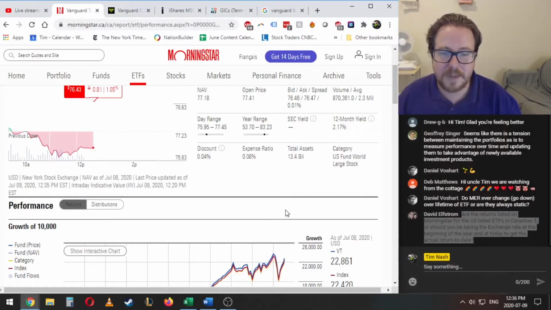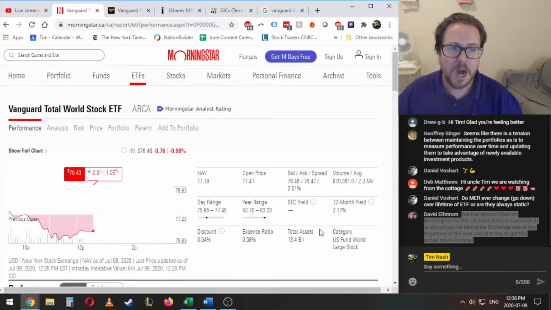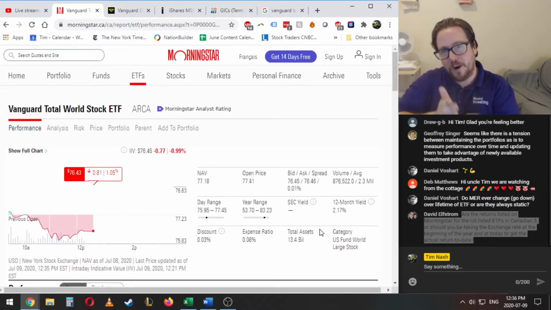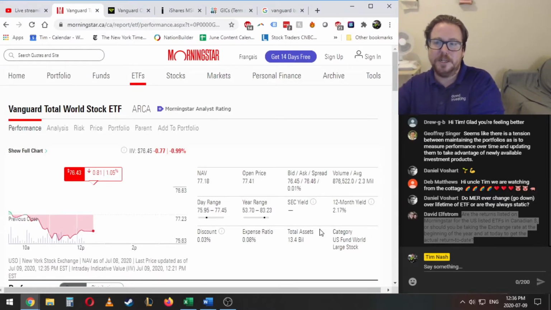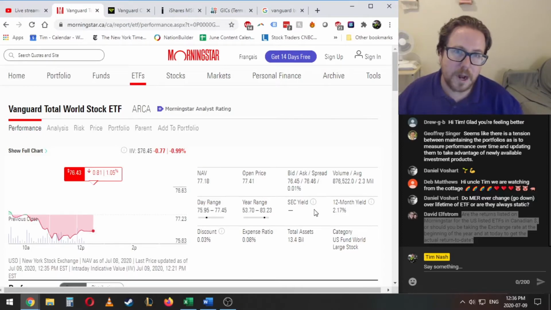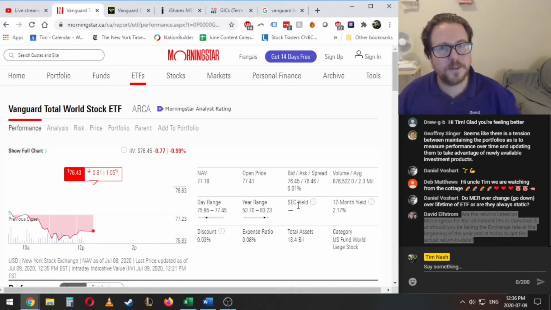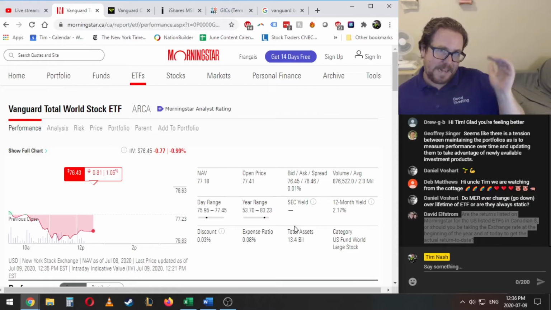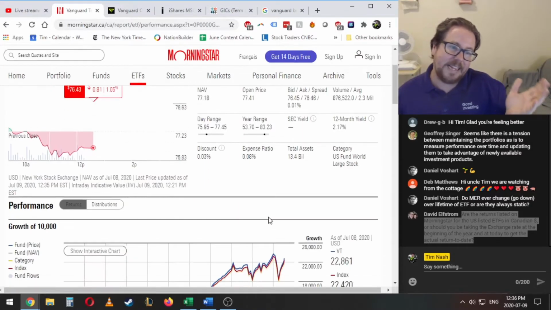I do not have the patience to do that, frankly, because it would be different based on the year to date, and then the 1 year, and then the 3 year, and then the 5 year. So really what I'm trying to do is just show it relative to the benchmark. And if I can get a benchmark that has a similar currency, then in that case, I'm going to be